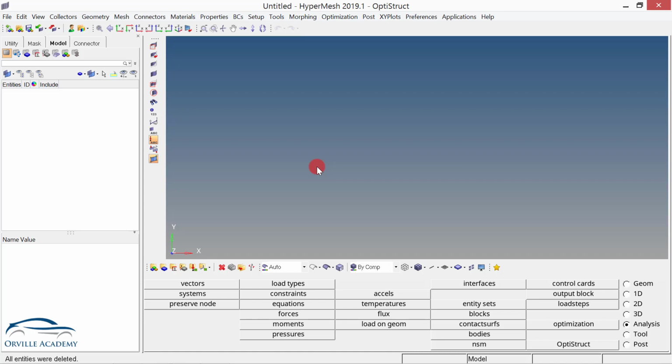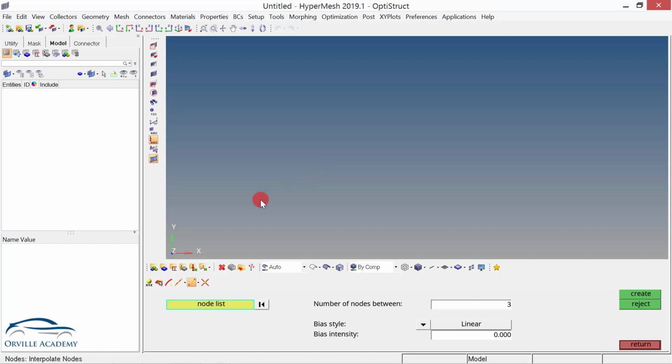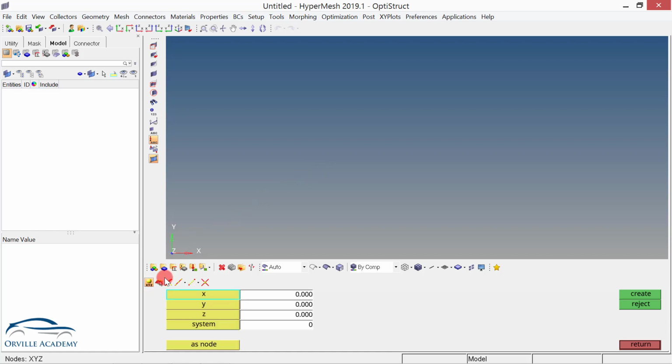So let me first create the node. Let me go for F8, then go to the XYZ coordinate. Put the node at the starting point of the cantilever beam and set it to create. Now as the length of the beam is 100 mm, I will put a node at the end of the beam and here I will go for create. Let me go to the isometric view and then to the XY plane. As you can see, I have two nodes which represent the starting point and the ending point of the cantilever beam.